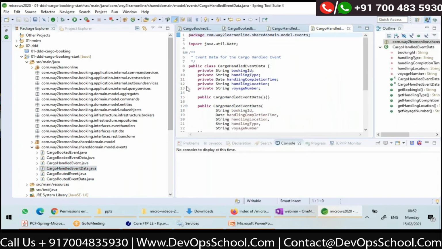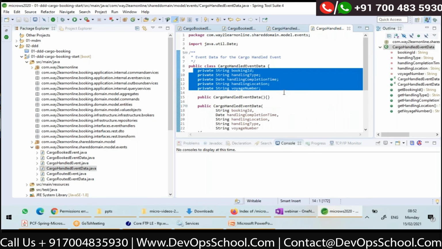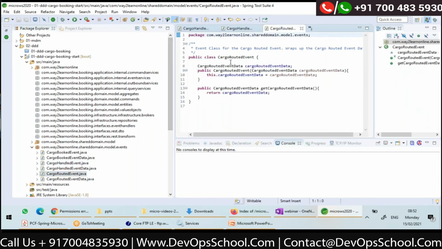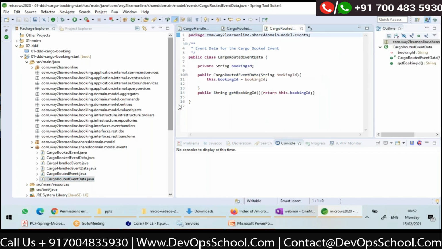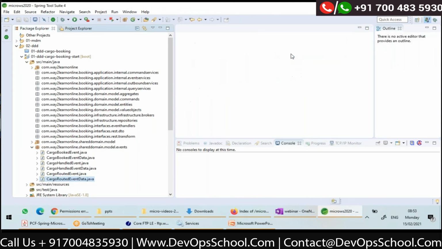It contains whatever data is required at the time of cargo handling. Similarly, whenever cargo is routed, this is an event which will be published, and cargo routed event data will contain the event related data which is required for routing, maybe in this case only the booking ID. So these are the shared domain classes, right? And one more interesting thing, just concentrate, a very interesting thing.